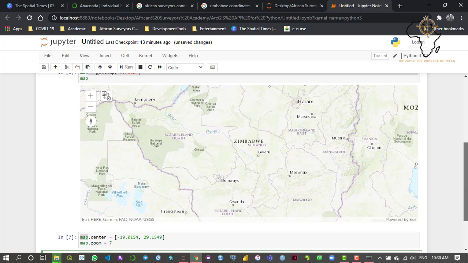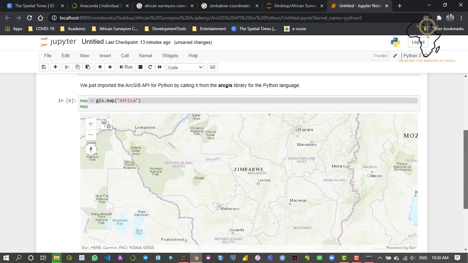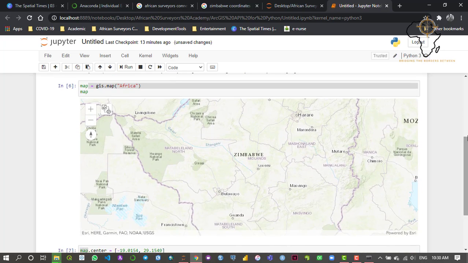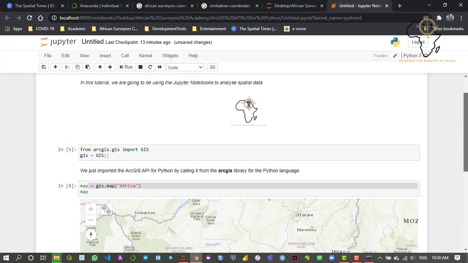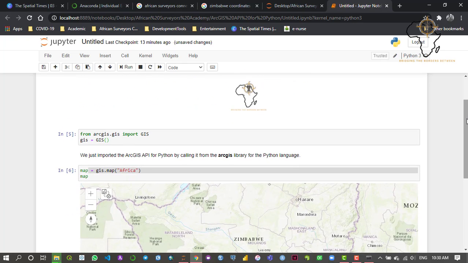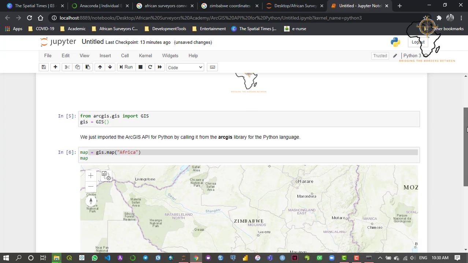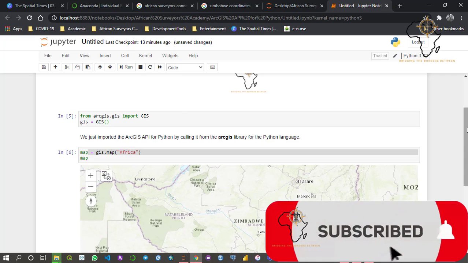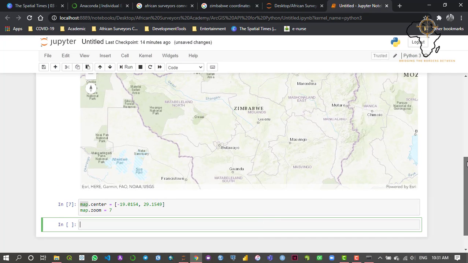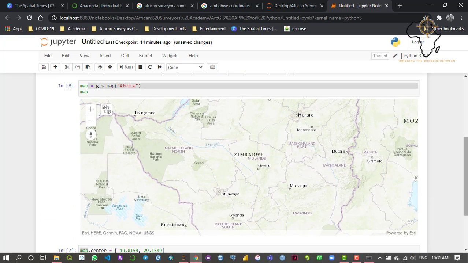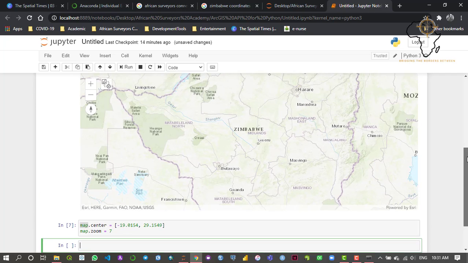Okay, with that being said, in this tutorial remember we just wanted to learn how to install, but we're not just going to install these packages. We're going to be doing some basic stuff before we move on to the more complex stuff in the other tutorials you're going to be following. So now that our map has been centered on Zimbabwe and it has also been zoomed to an extent,